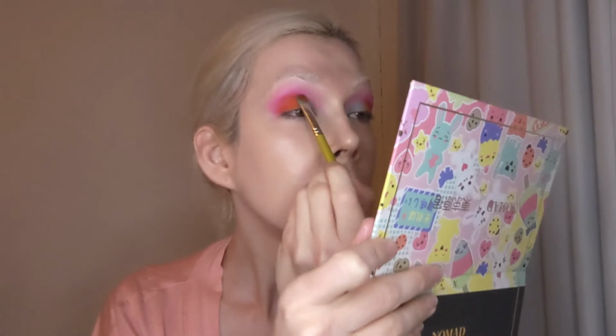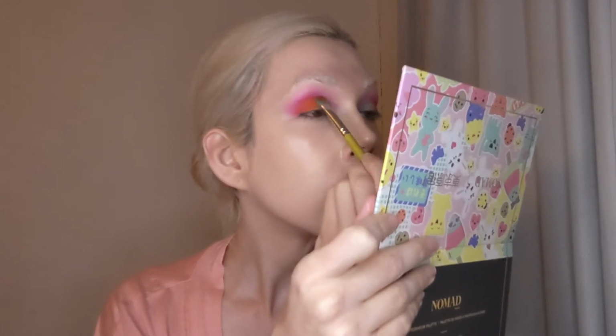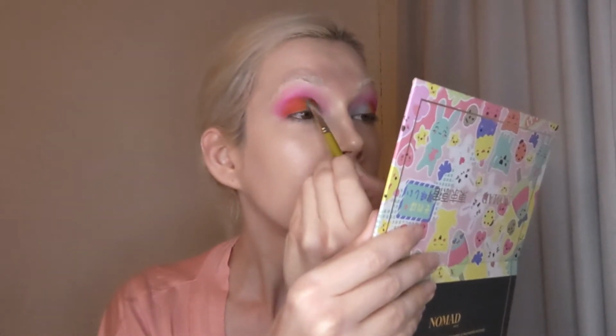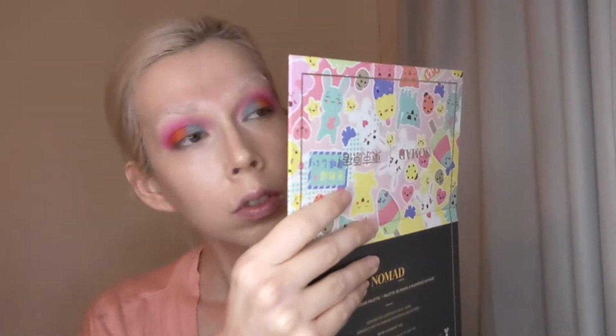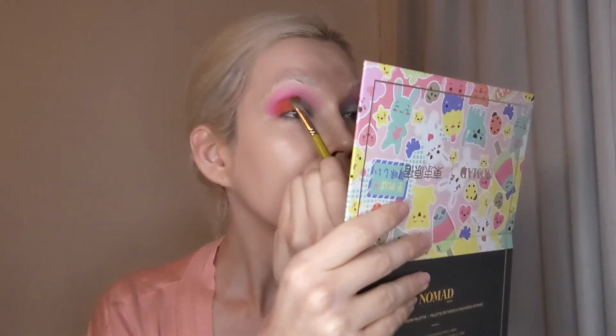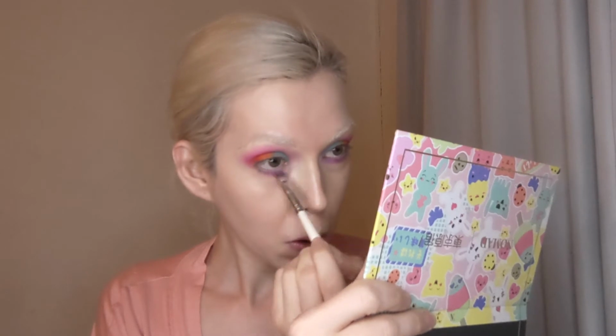For some reason I forgot to show on camera what shade I'm using here, but I'm using Sky Blue and placing that on the inner half of the lid with the same flat brush. This color was so disappointing. It kept fading immediately after I placed it on the lid, and I kept trying to build it up, but it just kept fading. And now I'm going in with the shade Grape Jelly, and I'm placing this underneath the